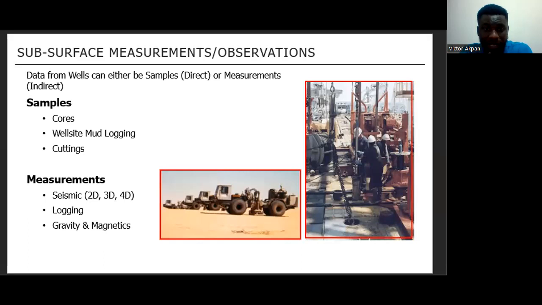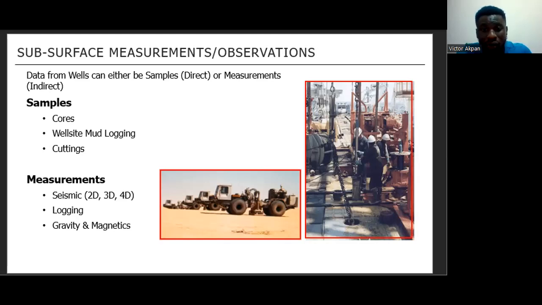Now, your direct measurements from the wells, of course, the wells are below the surface of the earth. The direct measurements are samples that we can collect, and the indirect measurements are basically measurements that we can't collect, but we can measure with the aid of sensors and other technological materials. So direct measurements contain samples such as our cores, our mud logging or our mud, and also our cuttings,